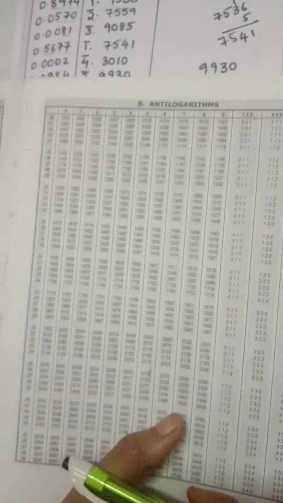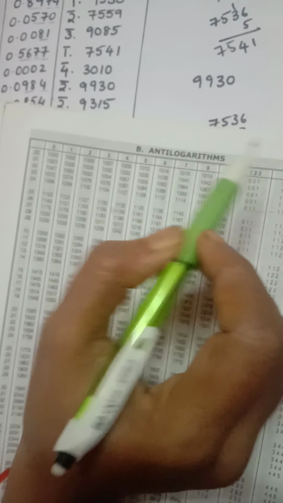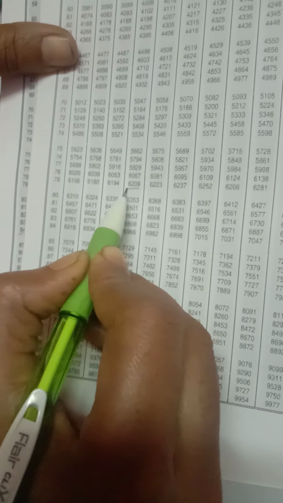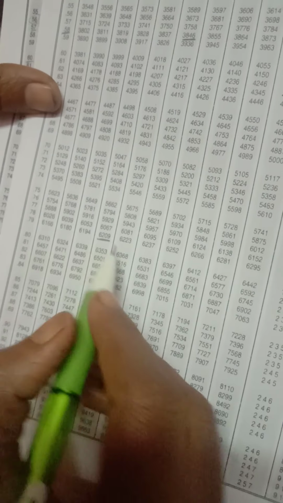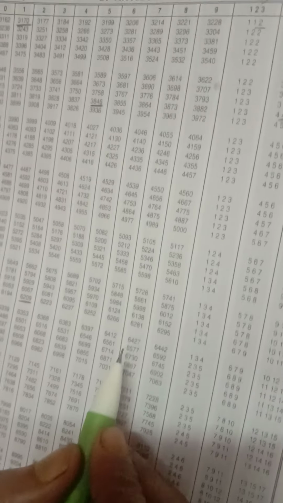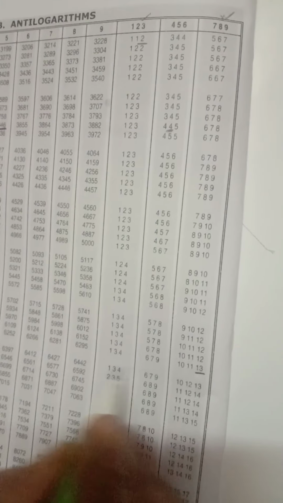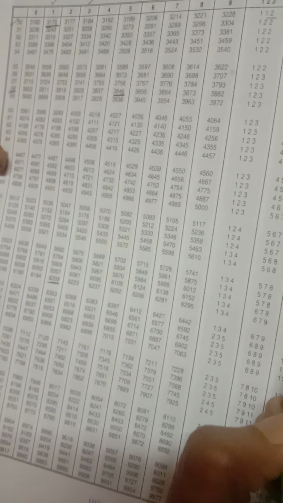While referring to the table, you need to focus on whether you are referring to the antilog table or not. So this is the antilog table. What is the value we need to refer here? 79 at 3. Just refer 79. So 79 at 3 is 6209, and the mean difference is 9. So 9 is nothing but 13 value you are getting. Here 9 is the mean difference, and 3 is the value we need to refer. 79 at 3, mean difference 9 is 13. So we need to write this value here.